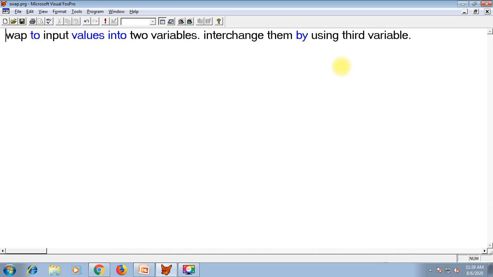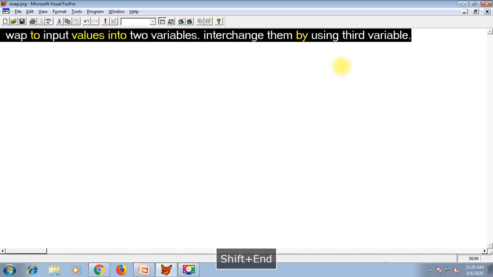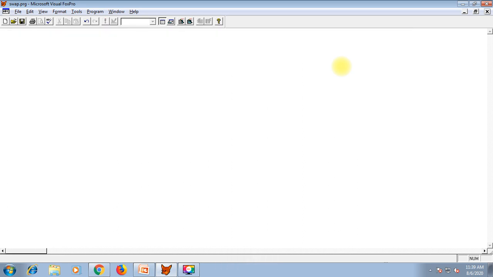So now I am removing the definition, otherwise it will generate error while running the program. Let us define three variables. First of all, we shall clear the screen before running the program. Then, girls, if you remember, in the previous lecture, I have taught you how to define variables through store command.